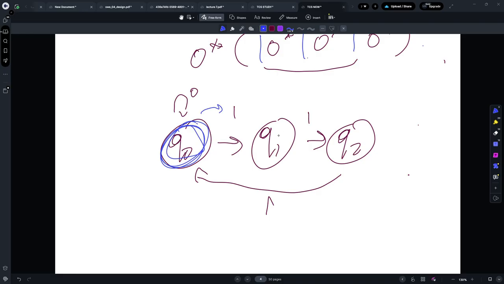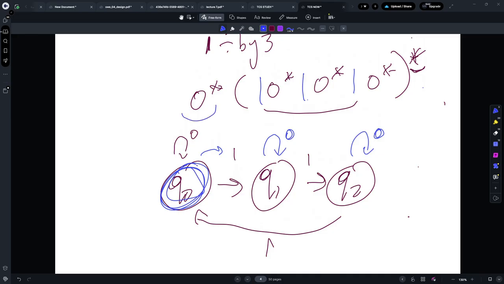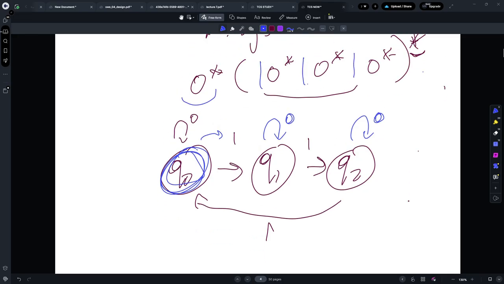If you want to finish here, you can do as many zeros as you want, and here you can do as many zeros as you want, but still see, you must go ahead with this arrow. You cannot stop here. It's the same thing as this: in the beginning you can have as many zeros as you want, and in the end you must move forward like this. To move forward with this arrow, you always need to have a 1, and to complete the cycle and get accepted, you always need to read 3 ones in a cycle. And then if you want to repeat the cycle to move forward,